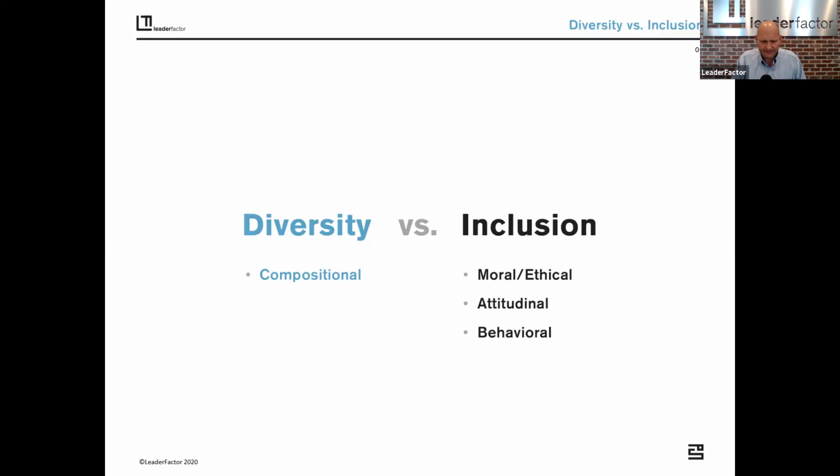So diversity, we're making great gains on the diversity side of the equation, but many organizations are bumping up against limits because they've altered the composition of the organization in terms of diversity. They've made great strides. But as they're moving into inclusion, they're getting stuck and their progress has slowed to a crawl. Okay, so let's talk about this. I'm gonna put out a polling question that I'd like you to answer. All right, so let's launch this polling question real quick. Here it is.